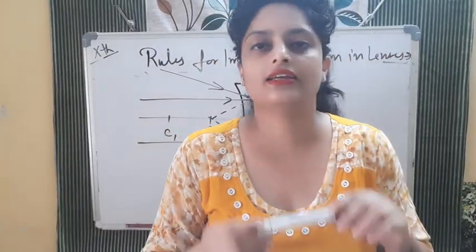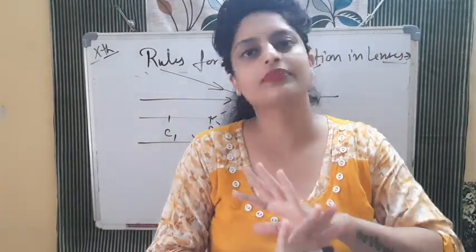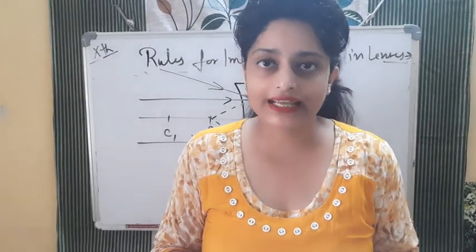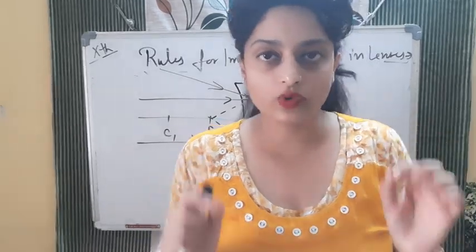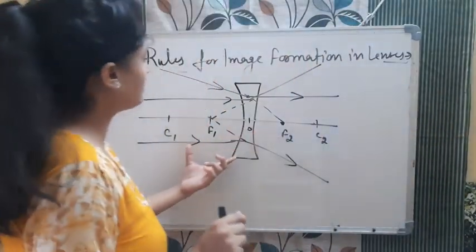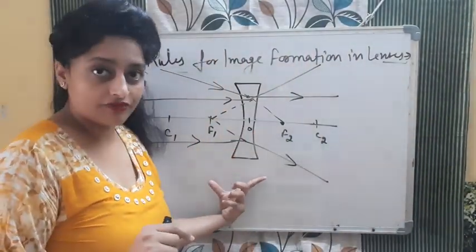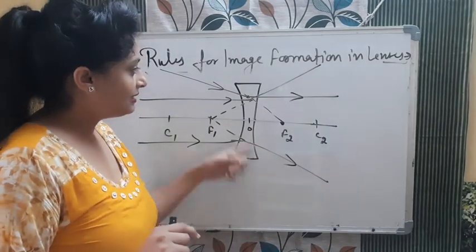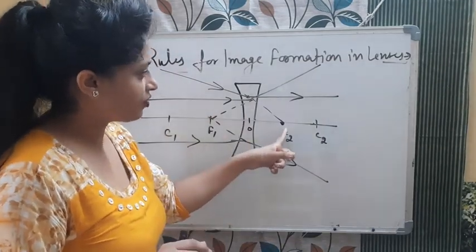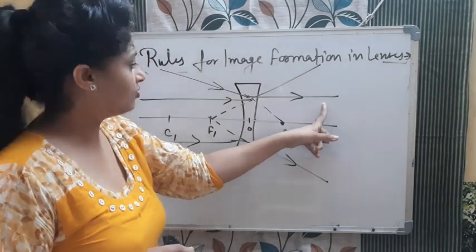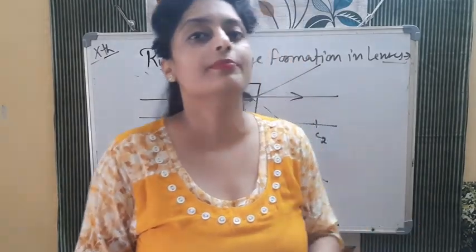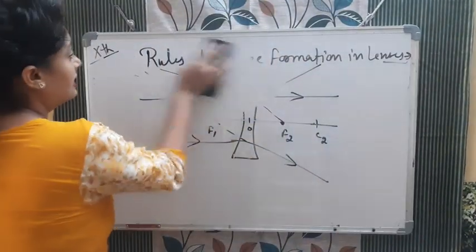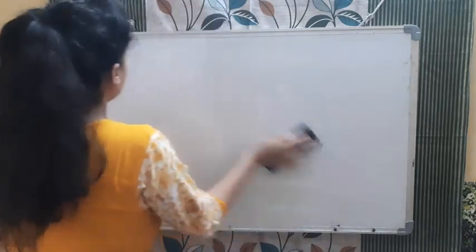If any ray is coming through the optical center, undeviated, no change. If the ray is coming through the focus, then parallel, and then parallel, then through the focus. The only difference is here that there are two foci and two centers of curvature, so no need to confuse with that. If you see that it is coming in the direction of this focus, it will deviate parallel, because this is a diverging lens. Here actually rays will never meet. Okay, so take care of this. These are the rules for the ray diagram. Now when we make the ray diagram, it will be very clear.